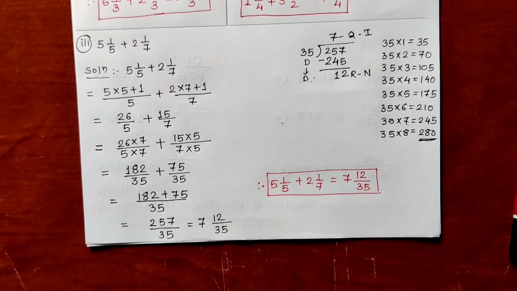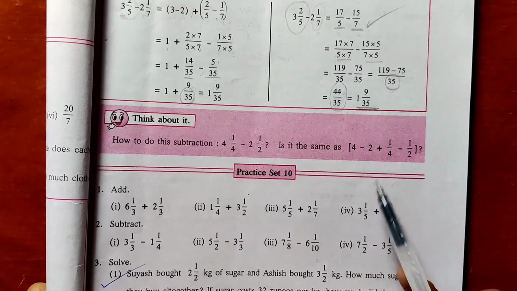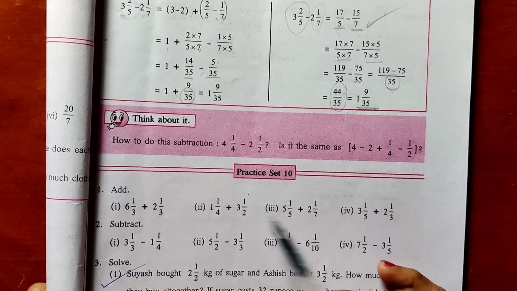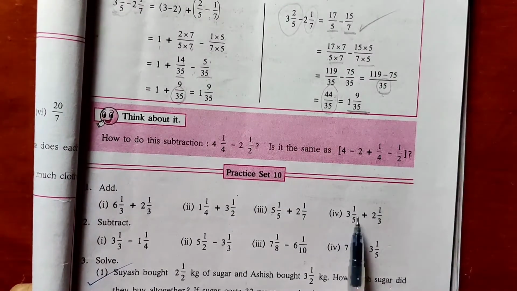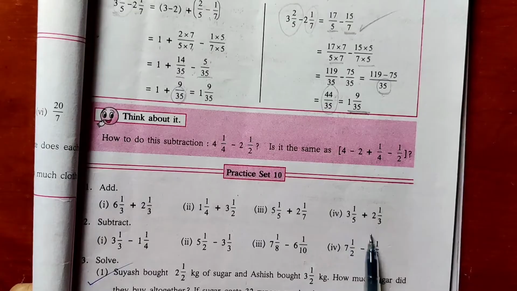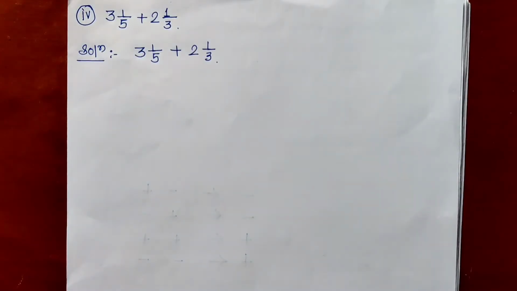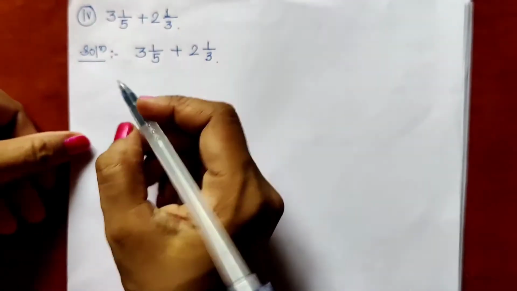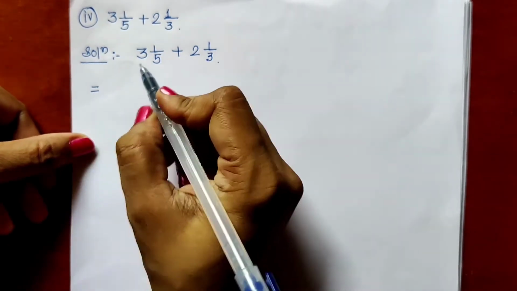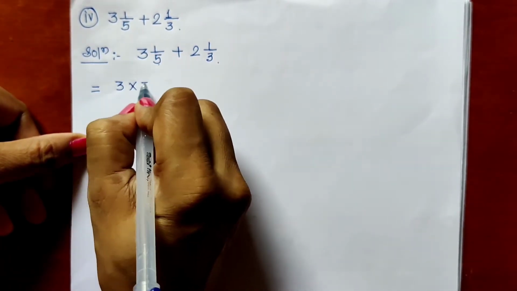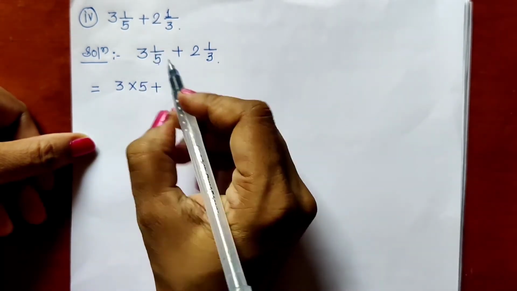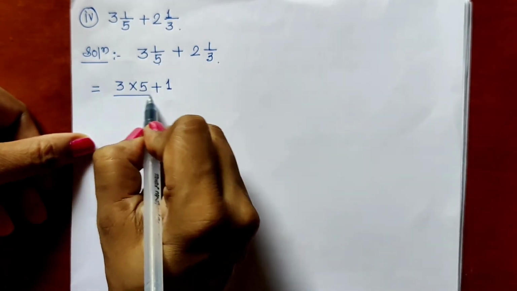Now next sum. Now let us solve this last question from first question. Last sum from first question. 3 integer 1 upon 5 plus 2 integer 1 upon 3. I have written the question as it is. We will be solving by applying the formula: integer into denominator, 3 multiplied by 5 plus numerator is 1 upon